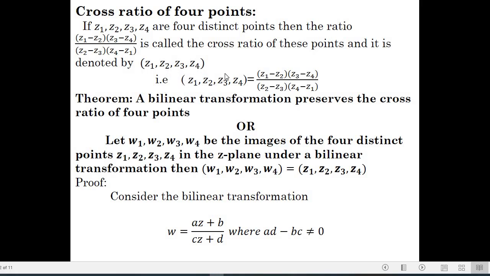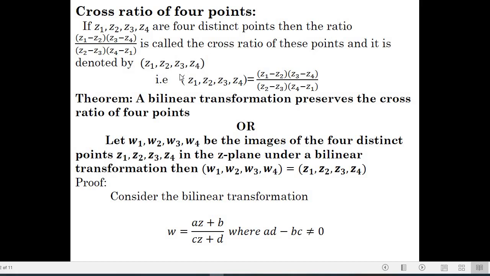That is, the cross ratio of 4 points Z1, Z2, Z3, Z4 is equal to Z1 minus Z2 into Z3 minus Z4 whole divided by Z2 minus Z3 into Z4 minus Z1. So here we considered 4 distinct points in the Z plane. Correspondingly, the cross ratio of 4 distinct points in the Z plane is denoted by Z1, Z2, Z3, Z4 in the brackets, that is open brackets. So if you represent 4 distinct points in open brackets like this,